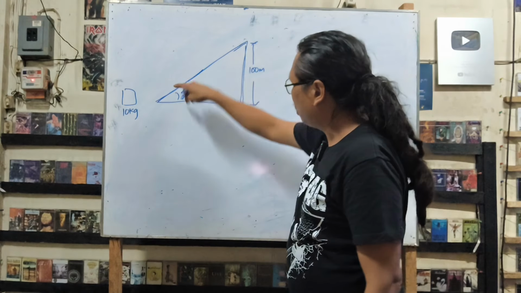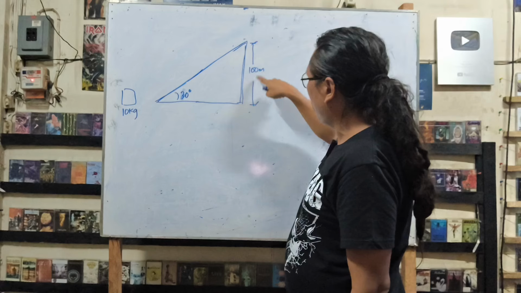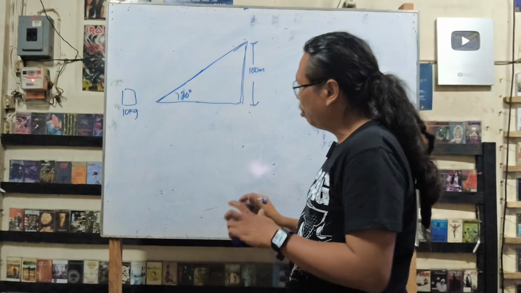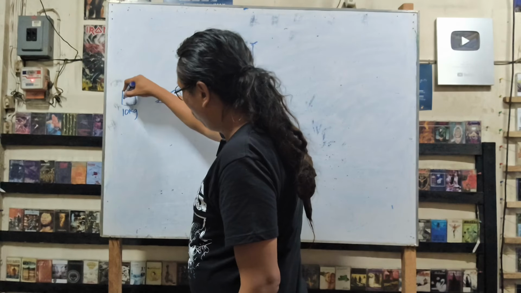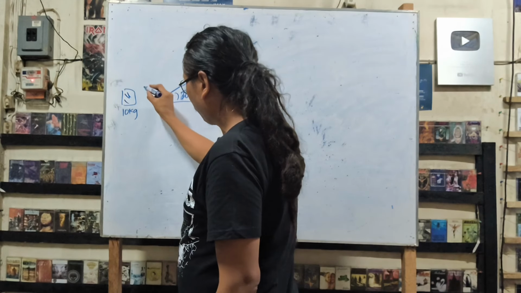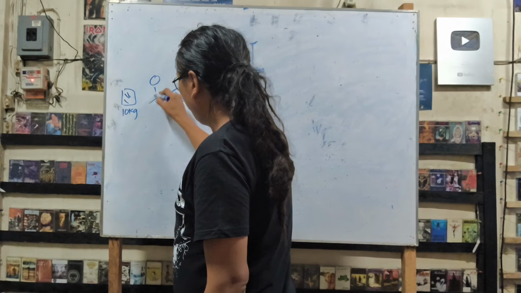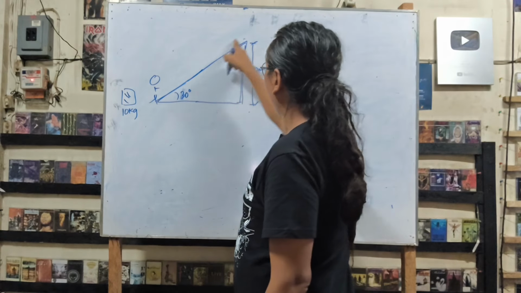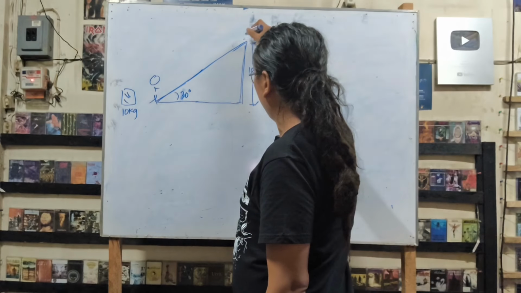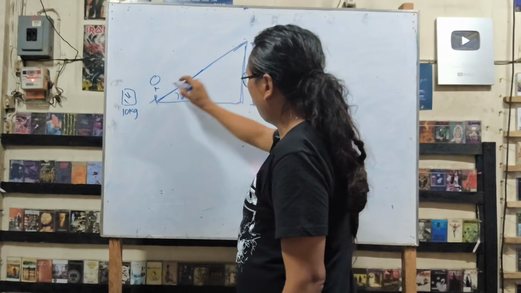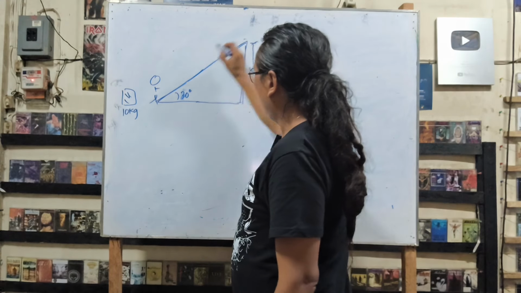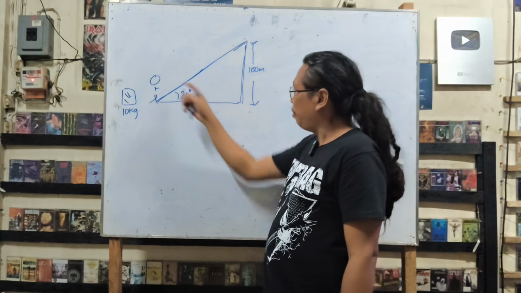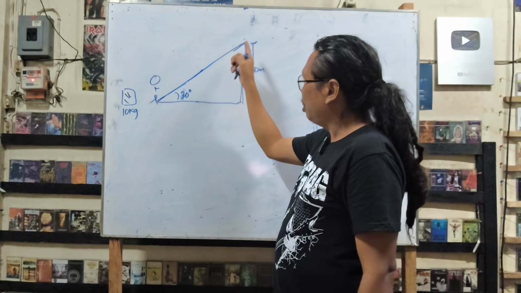Okay, so our next problem is, we have here an elevated surface with an inclined angle of inclination, a straight path to a height of 100 meters, such that the angle of inclination is 30 degrees. Now, suppose that there is a load right here of 10 kilograms, and you are to carry this one up to the top of this 100 meters by moving at a constant velocity.